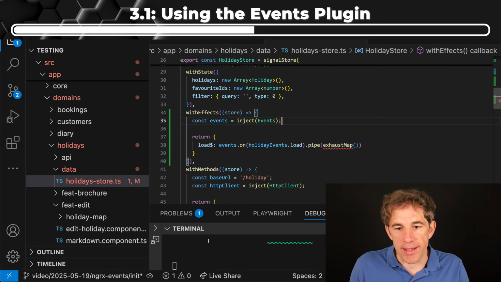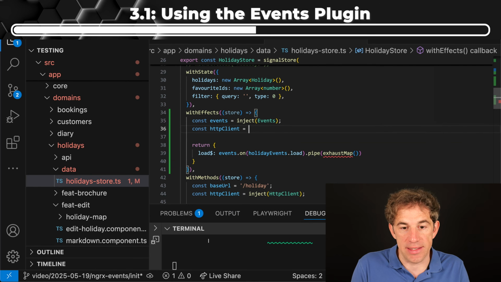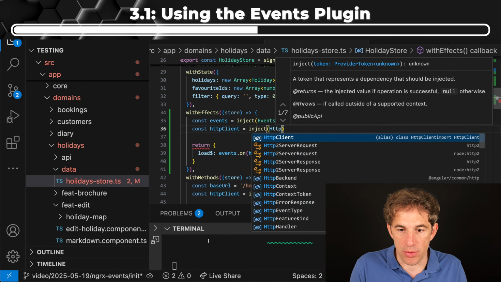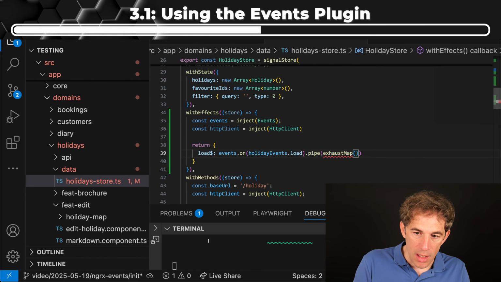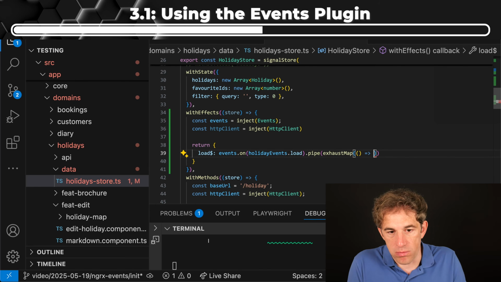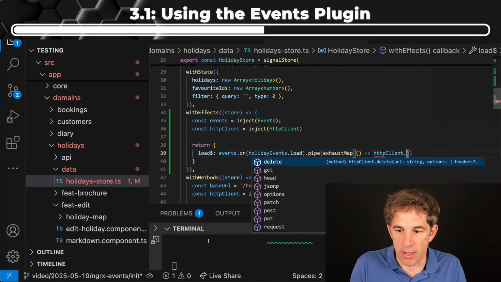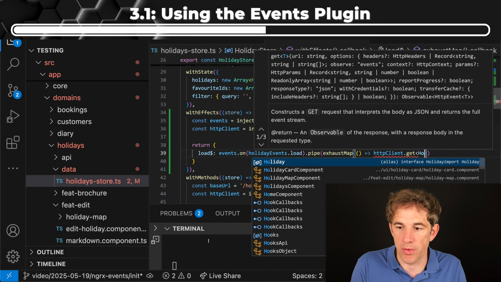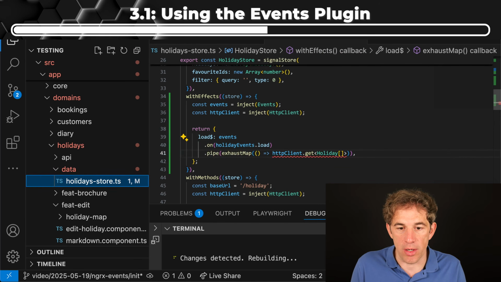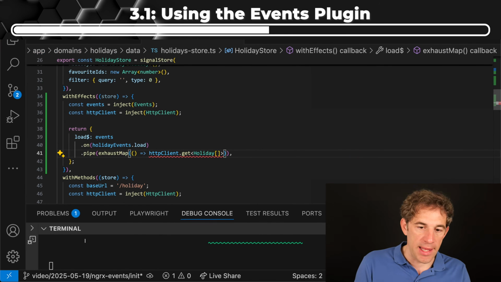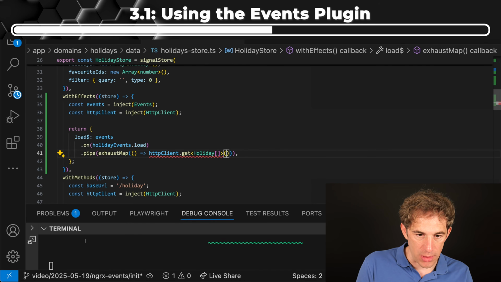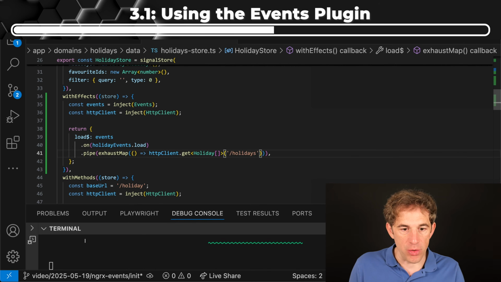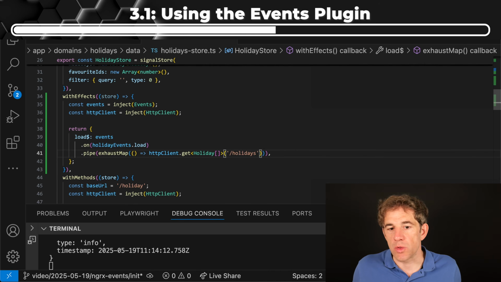In order to do that, of course, I also need to have access to my HTTP client. So I'm going to inject that one here as well. And then we want to go to our client. We have the get method. That one is going to return us a holiday array. And I also now have to provide here the URL. Okay, but we are not done yet,